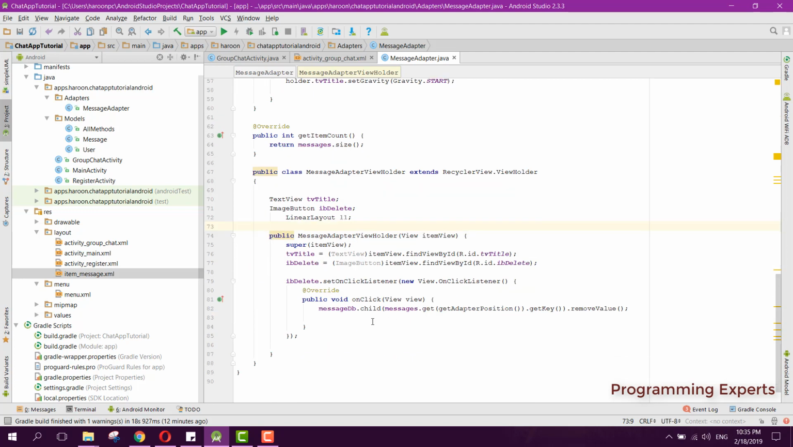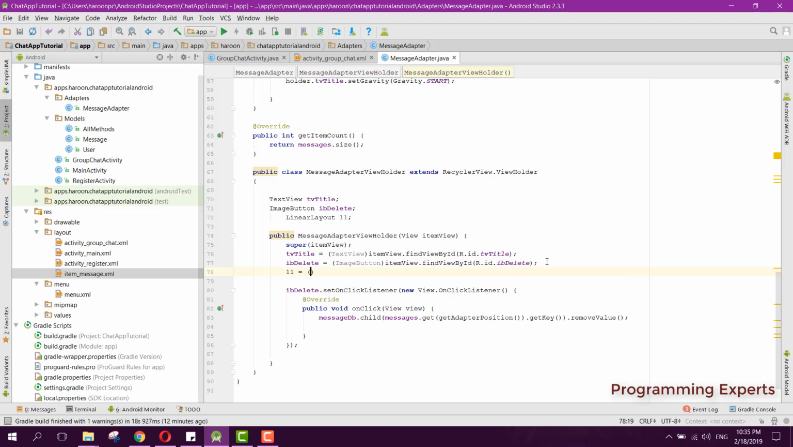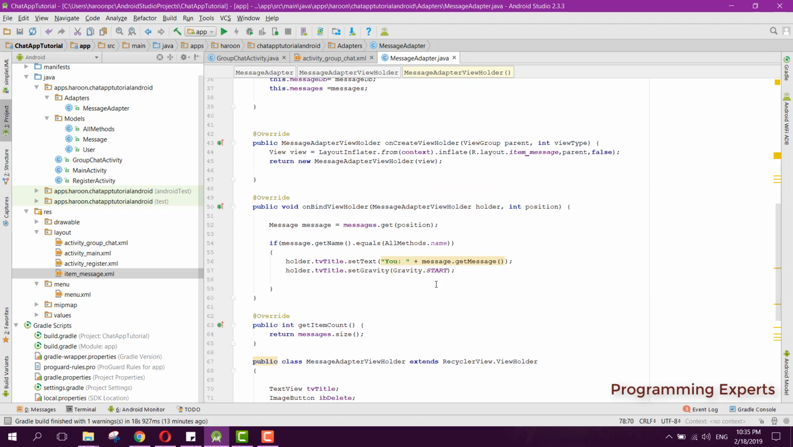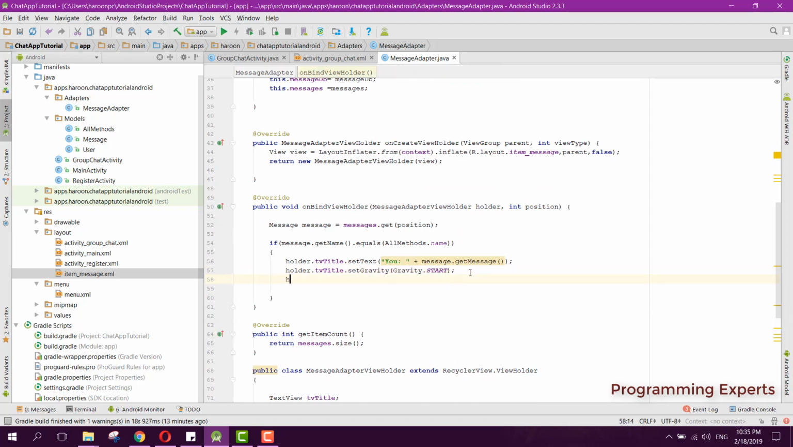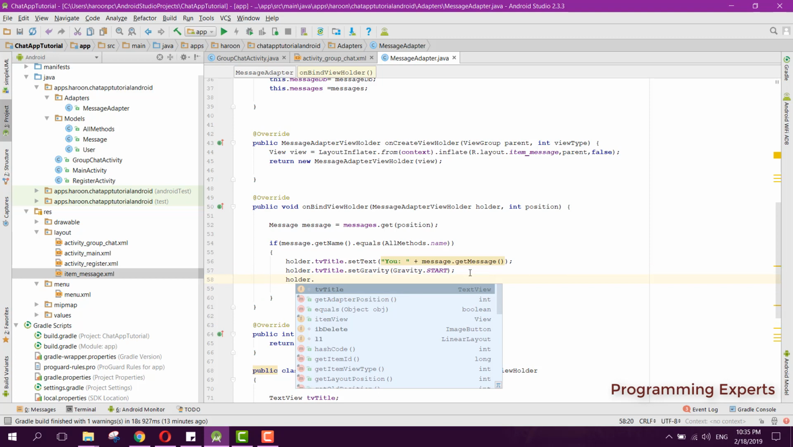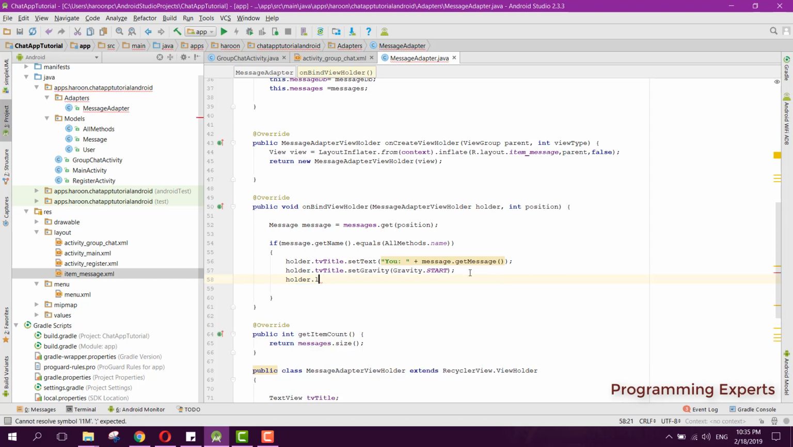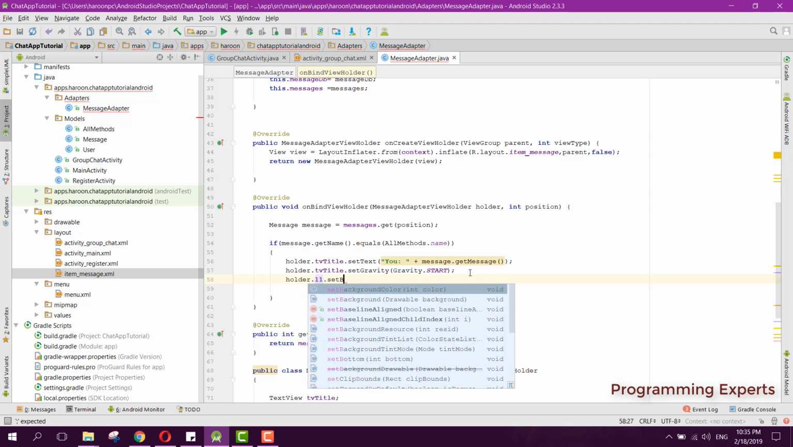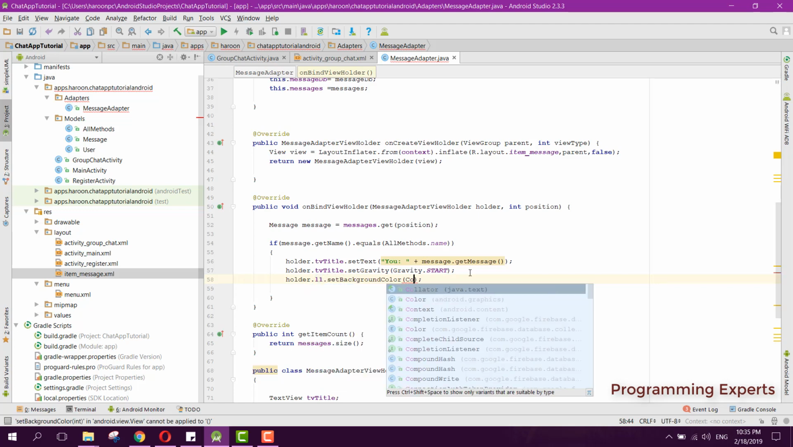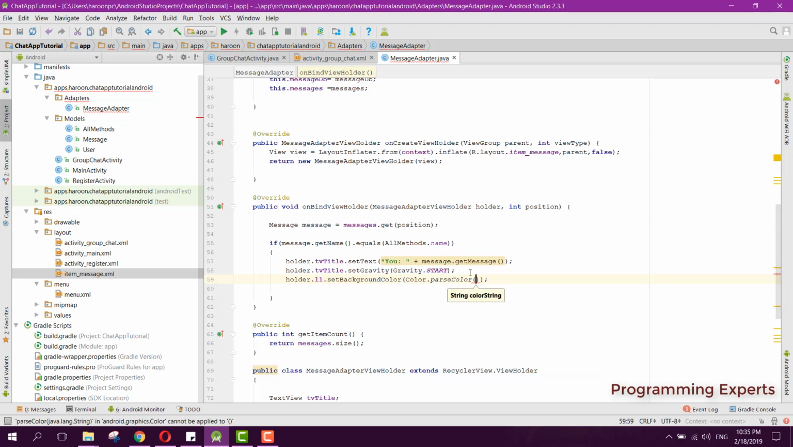And for the linear layout we can have this as L1 equal to linear layout item view dot find view by id R dot id dot l1 message, and for this we can say folder dot l1 dot set background color, and then we can say color dot parse color, and for there we can have seven three,